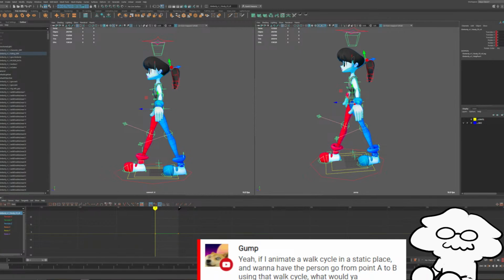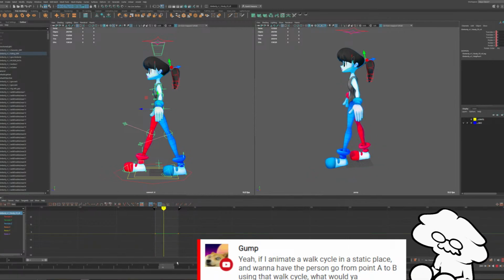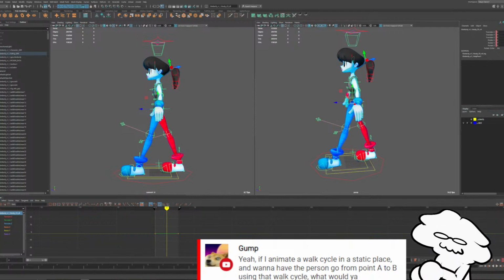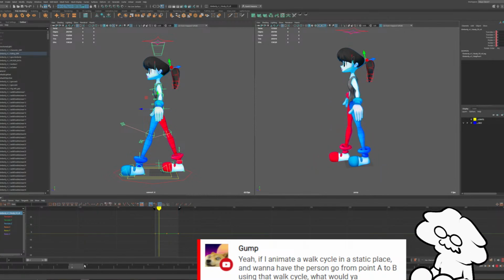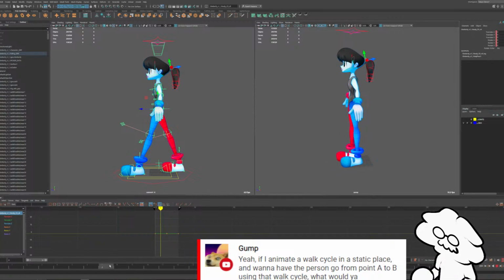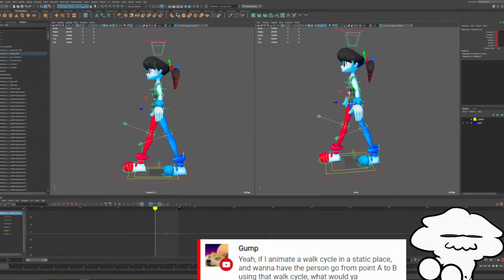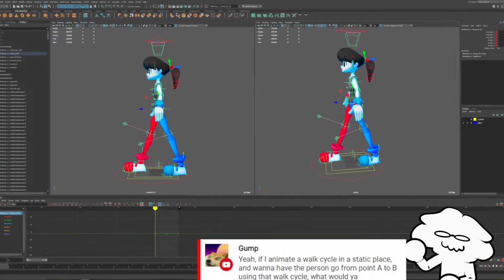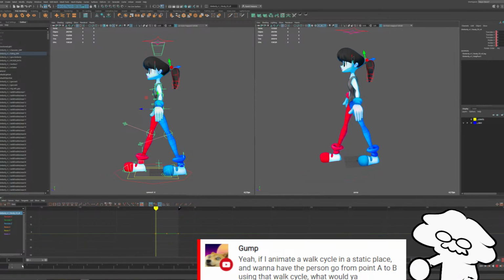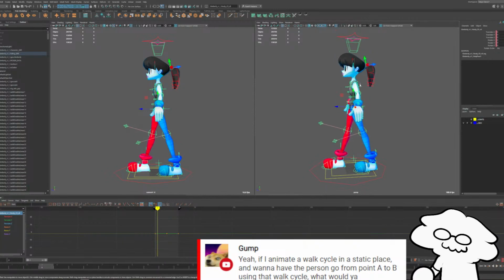And then around frame 15, we can also key at frame 15 just to make it a little easier on us, just so we know the middle of the walking pose. And then right after, so this would be considered a step. Frame 0 and frame 15 are each steps. So right after they take a step, we're going to move them down immediately.